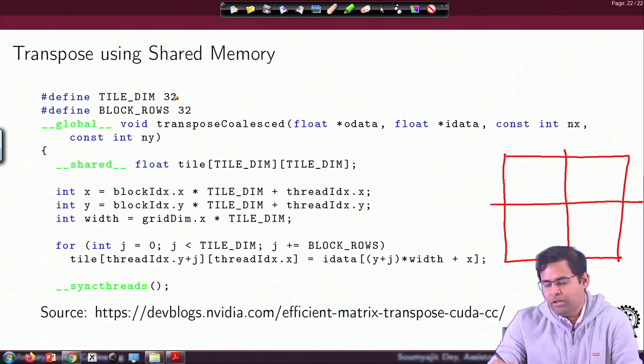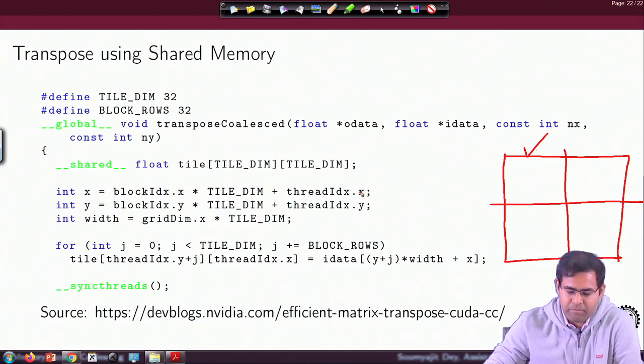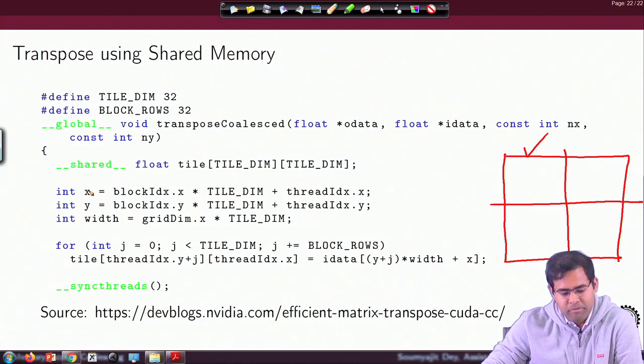So that would mean in one load operation I have this many threads, this 32 cross 32 number of threads, which are operating and loading a full tile into a shared memory, right. So I have this many threads here. Now the threads would simply get their corresponding x and y values, that is, which point in the global memory each thread will work with. It can just compute the corresponding x and y coordinates from these expressions, right.